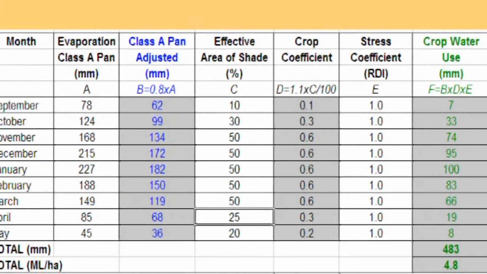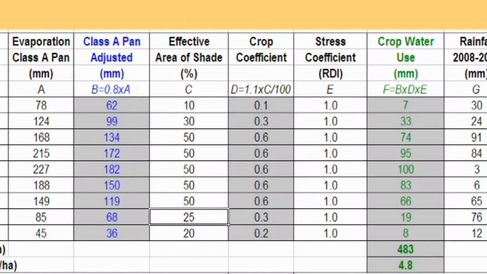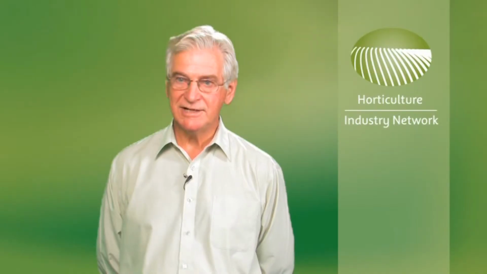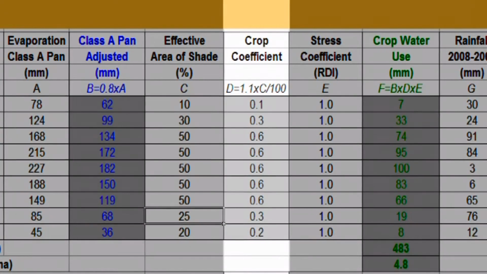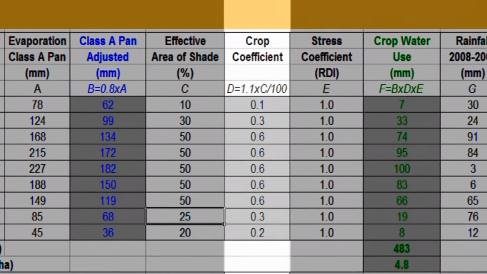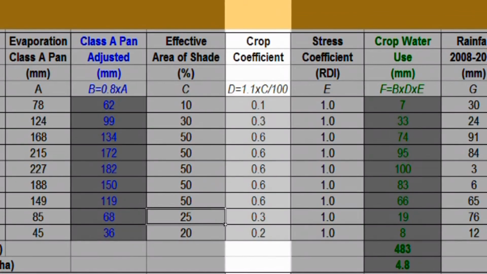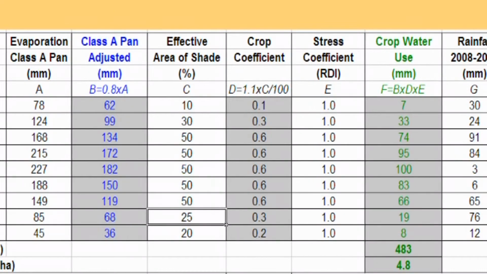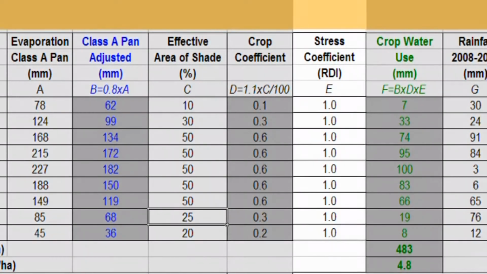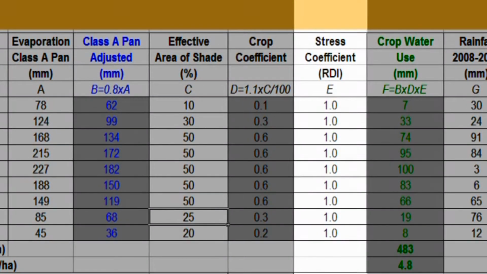The crop coefficient is automatically calculated if we nominate the crop that we're using. In this case, we've nominated a crop coefficient of 1.1, which is often used in peaches and berries. The stress coefficient in column E is